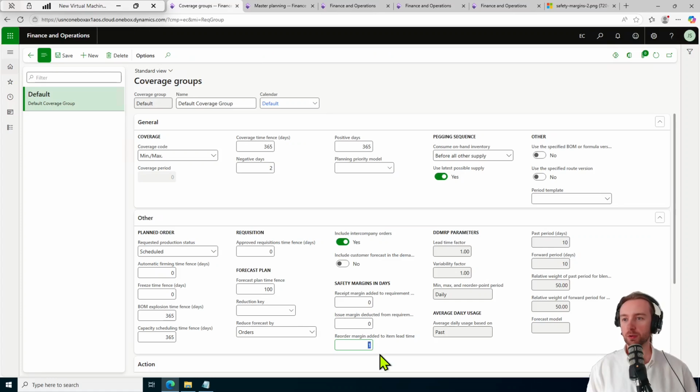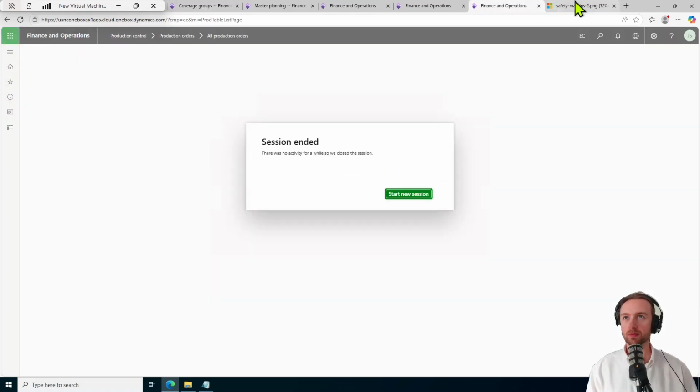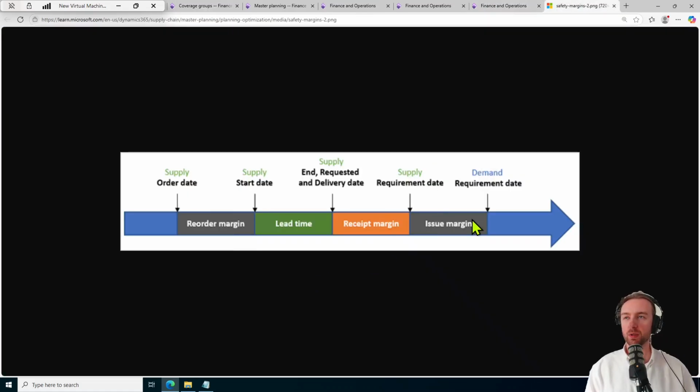Let's move back over now to our coverage group. Let's get rid of that and add 1 to our issue margin. So the issue margin is going to be our supply's requirement date and our demand's requirement date. Okay, so like a sales order, production order. We'll see here